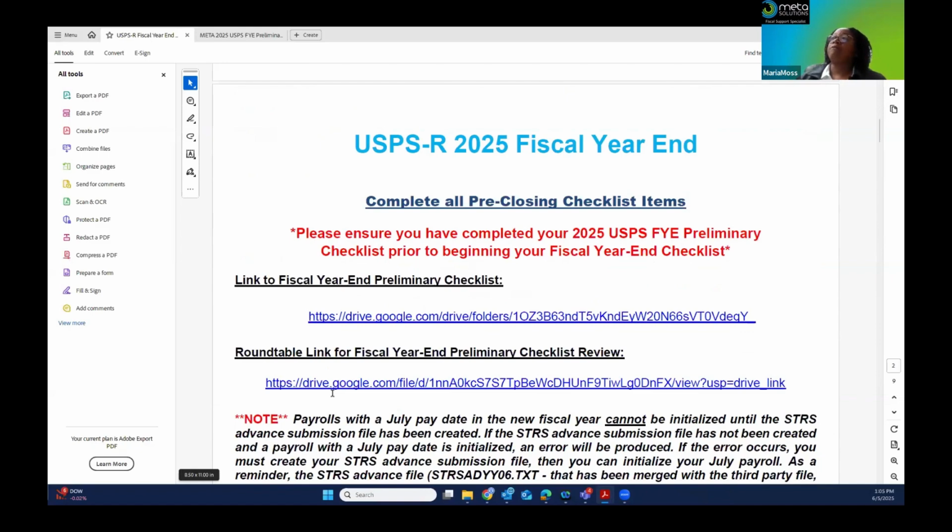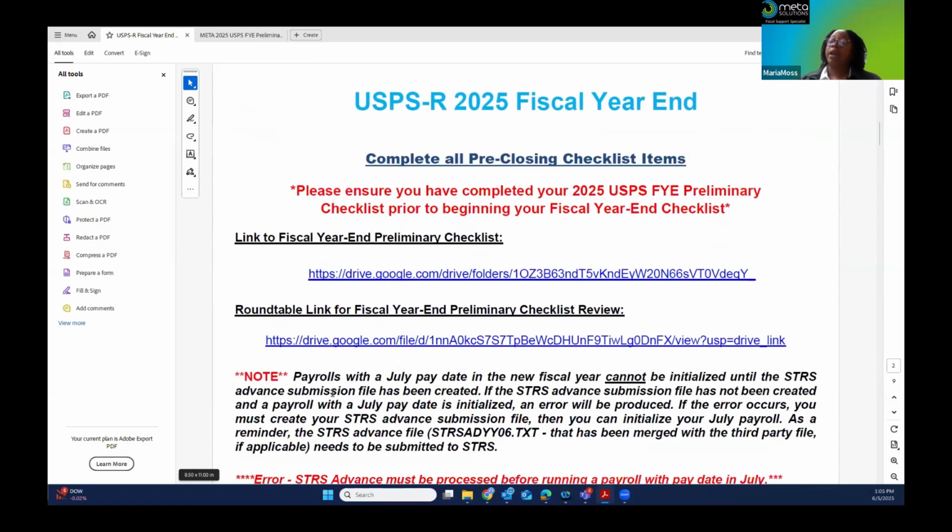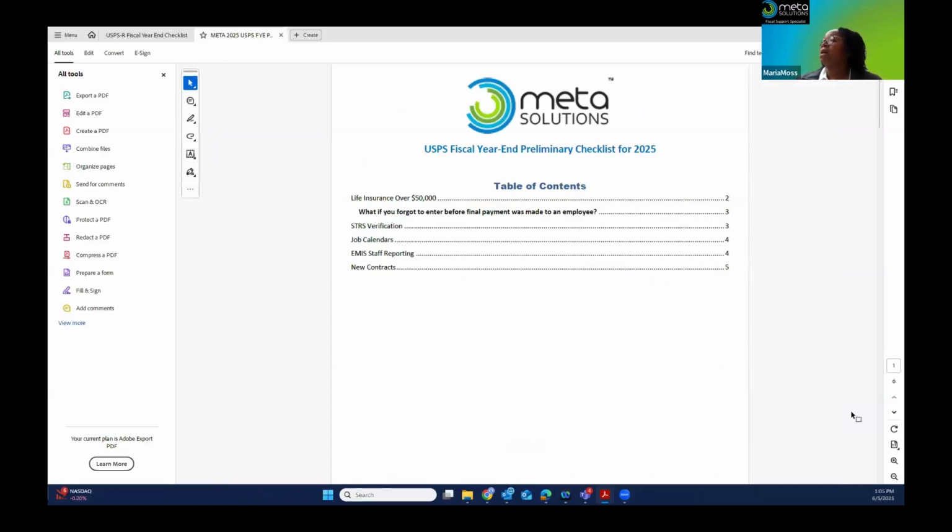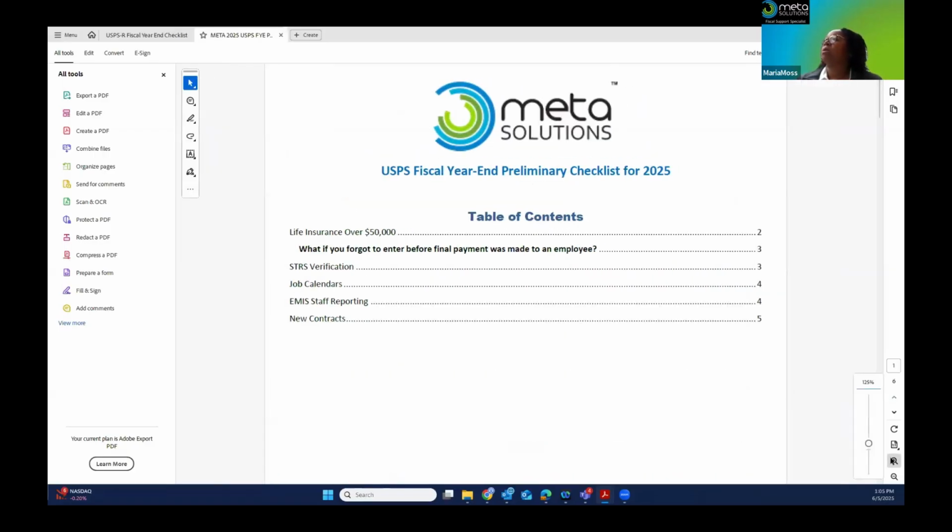So the first part of the checklist, we talk about the preliminary checklist. That preliminary checklist we reviewed during the May roundtable. So we do have the link to our Google Drive folder where you can go to the preliminary checklist. We also have a link to the roundtable review. I already have it pulled up, and I'm not going to go over it in detail, but just talk about